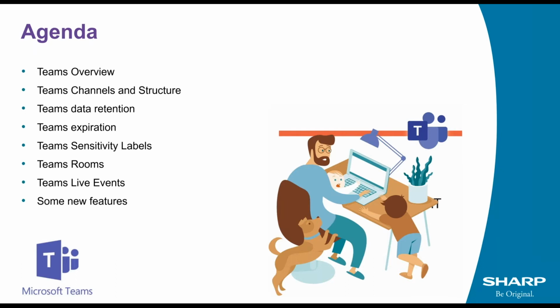And then we move on to Teams Rooms, which provides a conferencing environment for your meeting rooms within the offices. Obviously, for a lot of businesses, not used heavily at the moment, but still an important part of Teams. And then Teams Live Events, which is similar to what we're using here. Teams now has the ability to stream live webinars like we're doing, so we'll touch upon that. And then finally, a couple of new features that Microsoft have recently introduced or are introducing, which are quite nice features coming on board.